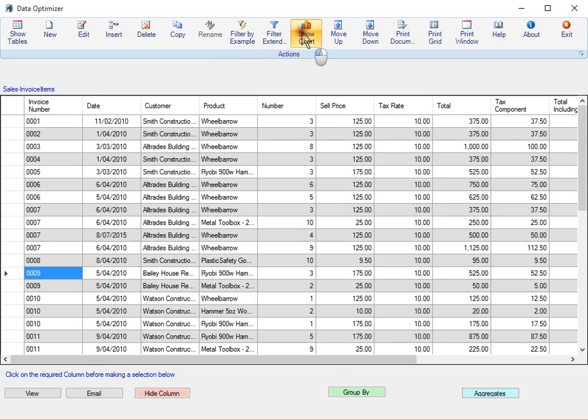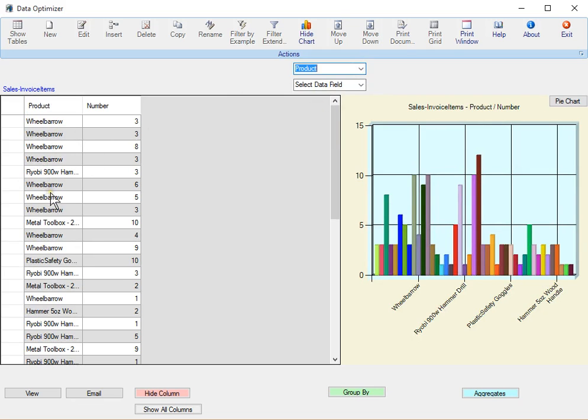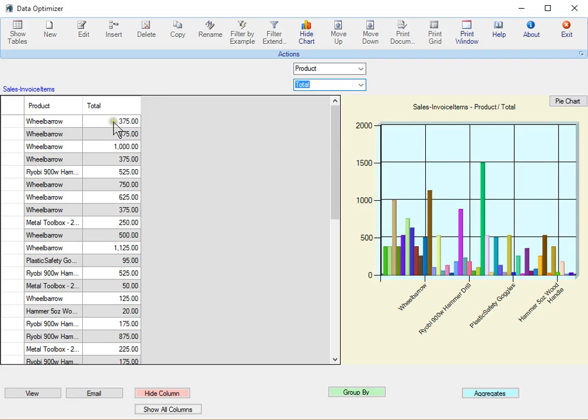We'll now click on the Show Chart button, which displays, in this particular case, because we removed the filter, all records. Now it defaults to the first non-numerical value being the label value and the first numerical field being the data field. We can of course change these default values. If we change that to product, we're now displaying it by the label of the product type. And if we change that to, we'll say, total, we've now got the particular values being displayed here in numeric